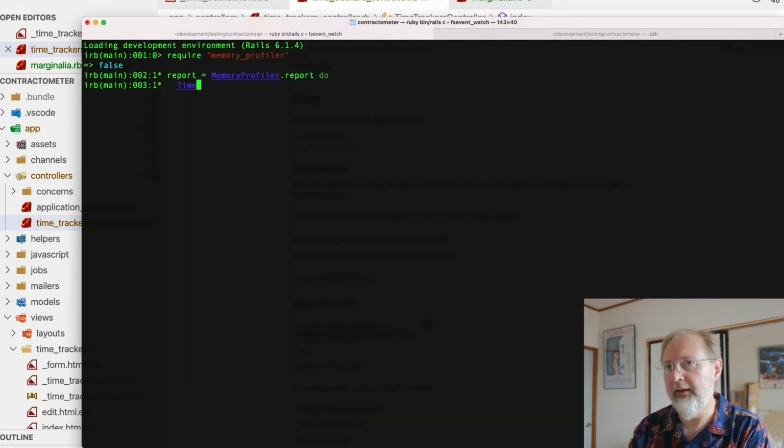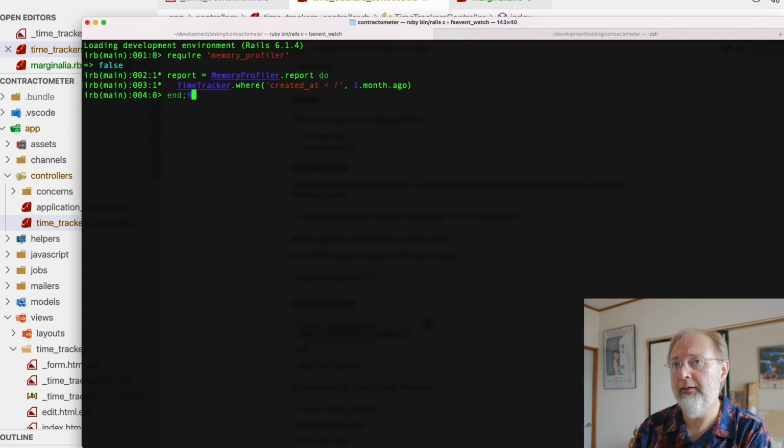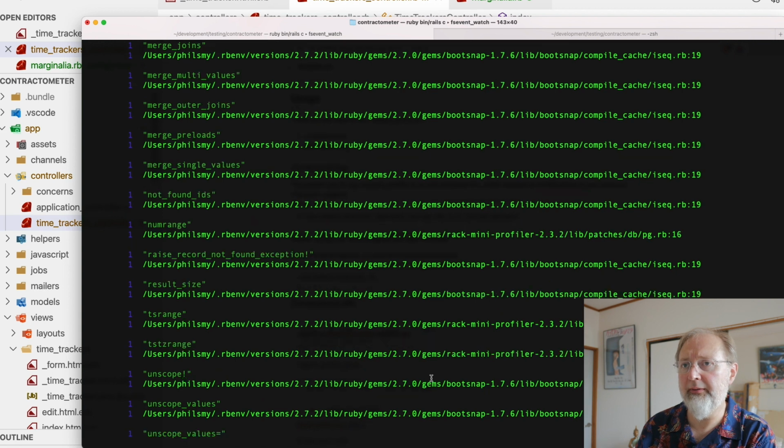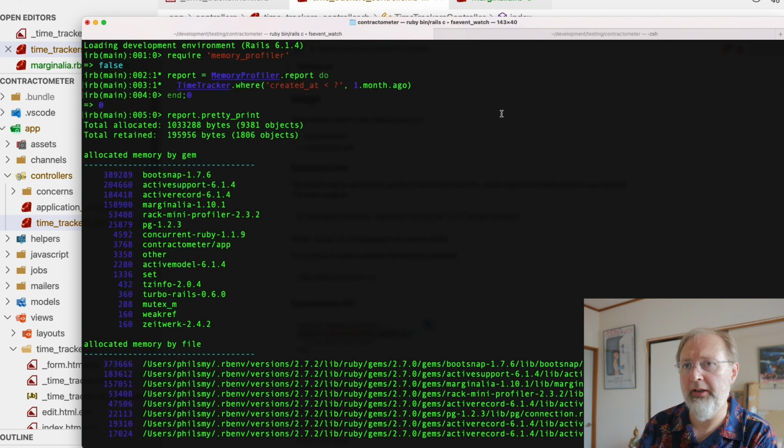And then we can say time tracker where created at is less than 1 month ago, which will be nothing. And then we can call report dot pretty print, and it will write out a huge big thing, how much memory was